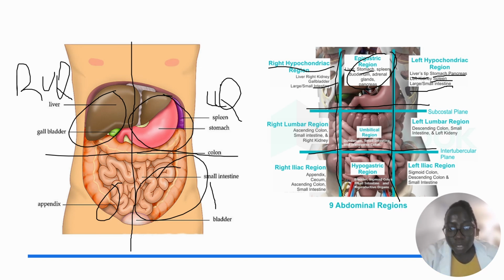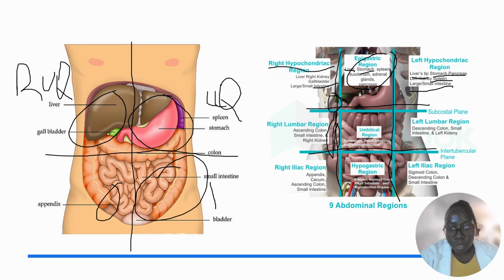We have a part of the colon, and the right lumbar region. We have the ascending colon here, as you can see. We have a part of the small intestines, and also slightly a little bit of the kidney, but